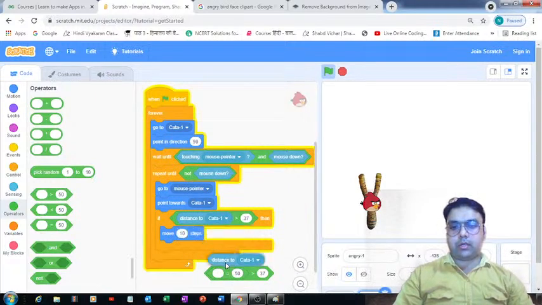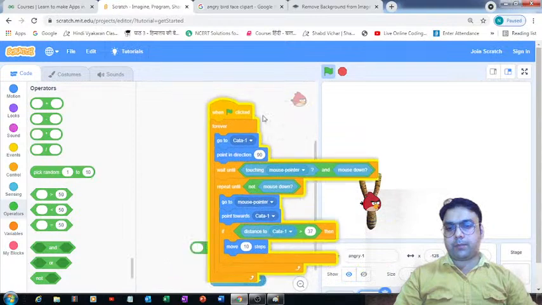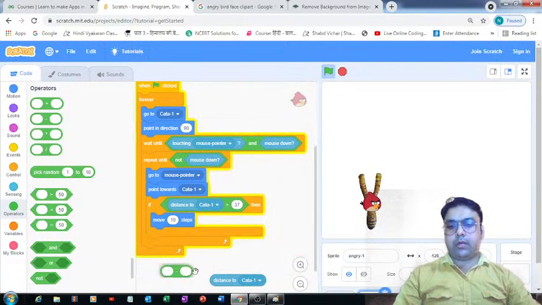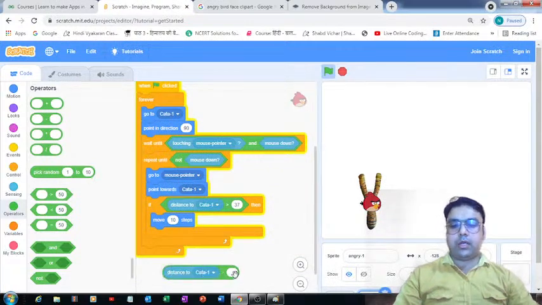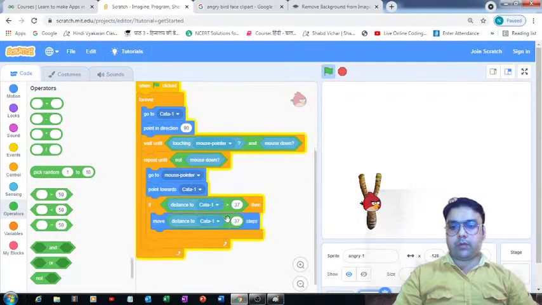distance to cat 1, and just give me a short moment. I need to configure this thing. We need this minus operator. I'm putting it over here. Let me place it over here. No, again I think it went back. Yep, it's present at the back of this whole code. Okay, so let me do one thing. Let me put this one first over here, and after that I need to write down 37, and then we can put it over here. Now let's see what is going to happen with the help of this code I've defined.